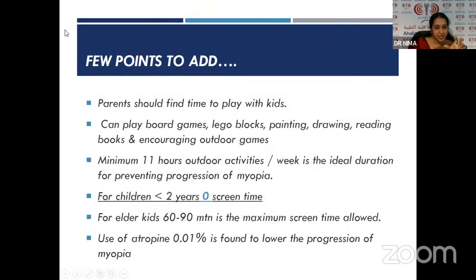Then another thing is about that vision spectacle patching part again. Now as parents, we should find time to play with the kids. Actually, to slightly withdraw them from the electronic gadgets. We can play with them, especially when they are small. When they are big, they will have a lot to study. It is only when they are small that we are able to play with them. Don't waste that time. Somehow find time to sit with the kids and play with them.